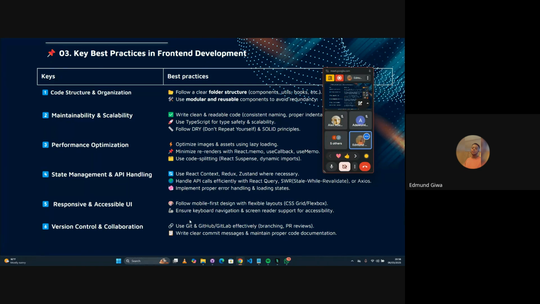Yeah. So now that we know about the best practices, all these best practices will help you in becoming a better front-end engineer. I think that's the goal for the whole talk: how do I build scalable applications, and how do I become a better front-end developer myself? Yeah. So let's move on to